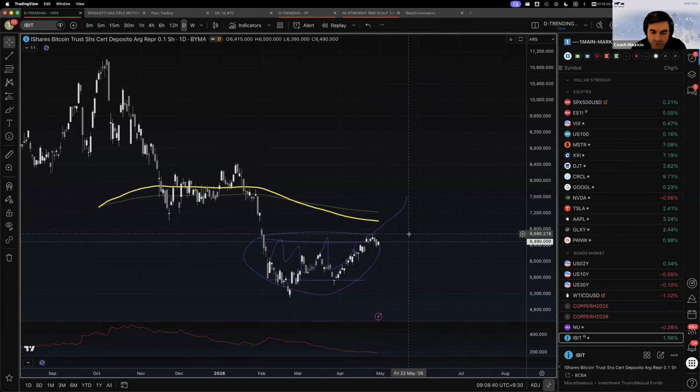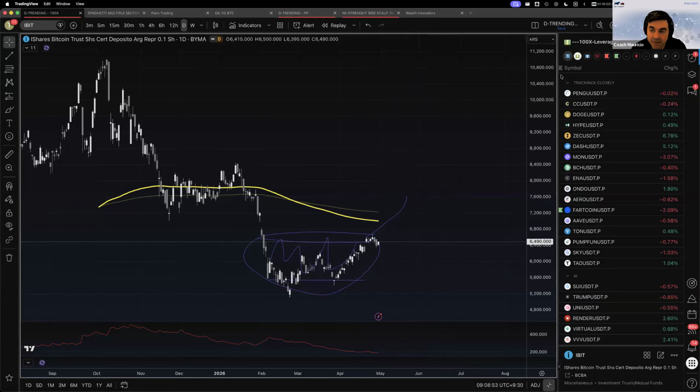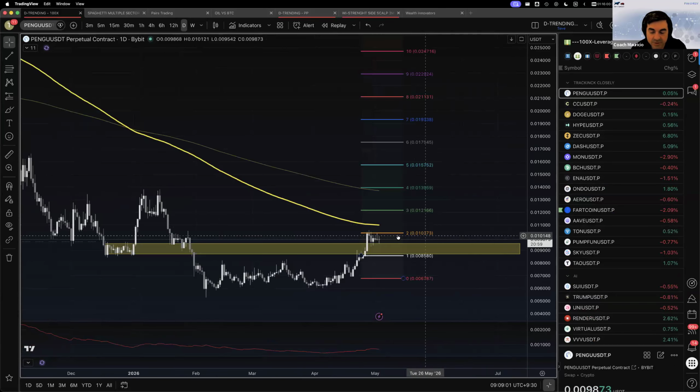I'm still open for the shorts, to be honest, but for what I'm seeing on Fridays, for what I'm seeing over the weekend, I think we do have a little bit more push. The market is being sustained, right? So with that being said, what are the stuff that I'm looking at? All right, let's go through Pengu. So Pengu was still there.